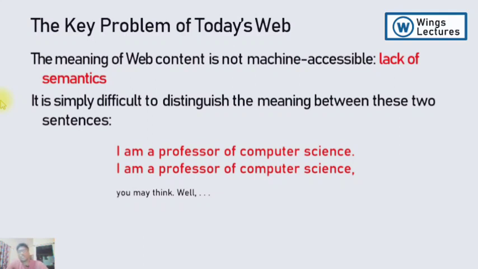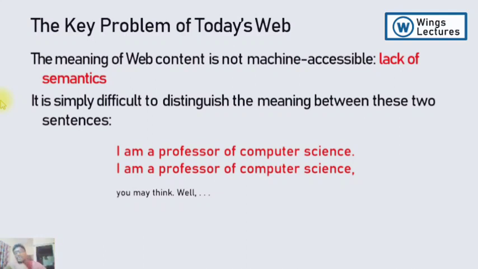Now the next key problem is still the lack of vocabulary. What are the machine-accessible vocabularies? You may think that Google knows everything, but it does not. We search in Google using similar kinds of keywords, like how to do it, how to find, or what is the answer to this question. This is the typical way of searching the internet, but if you put in something different, it is definitely slightly difficult for the search engine, right?